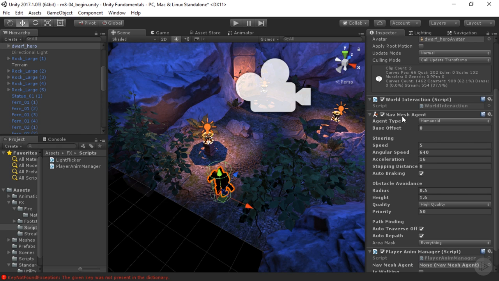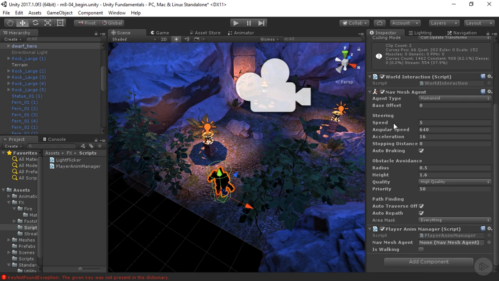So in this case, we have a NavMesh agent object on the character. And I could just simply do what we did for the animator, but I wanted to show you how to associate this. So you'll select the Dwarf Hero character and drag and drop that into this space. And if it's allowed to go, the reason for that is because it sees that there is a NavMesh component